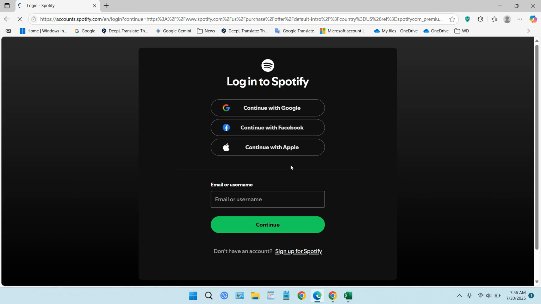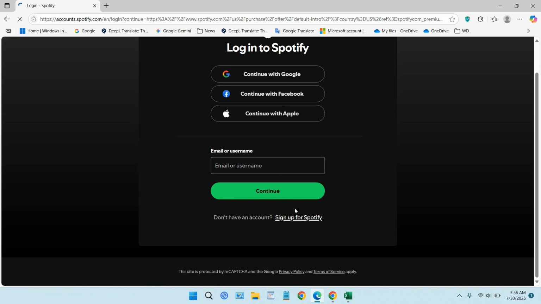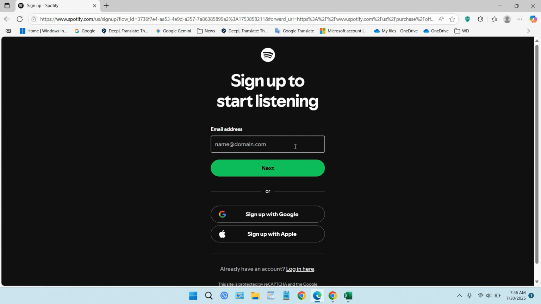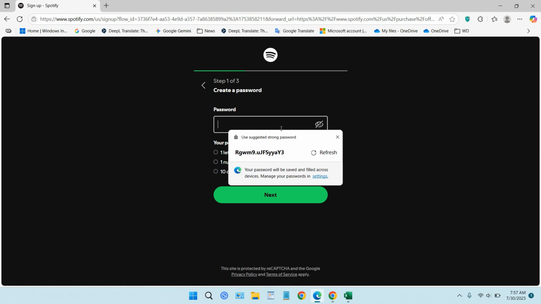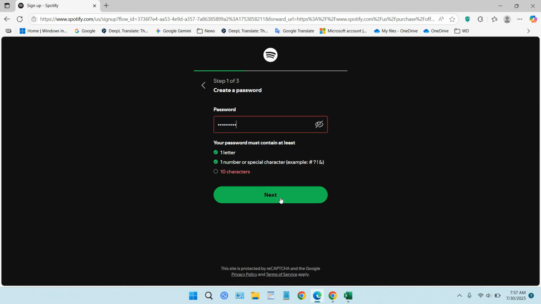Okay, in here you can just use your account if you have an existing account, or you can just click sign up for Spotify if you don't have one. Click this to get one for your account. Type your email address here, okay, and click next, and create your password and click next. Okay, the password must be 10 characters minimum. Just click next,